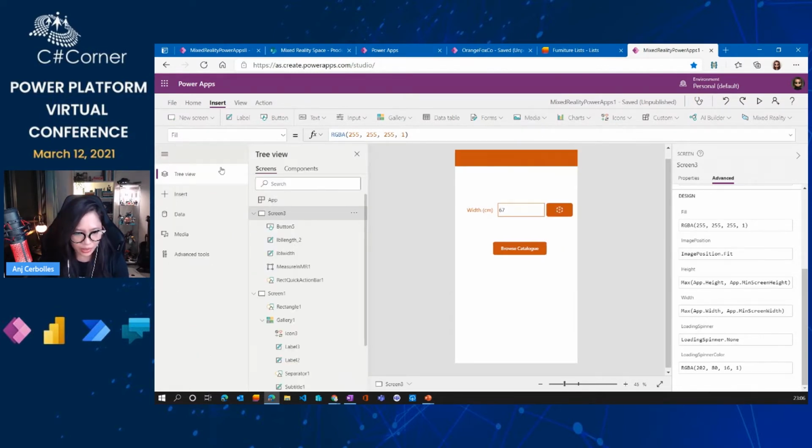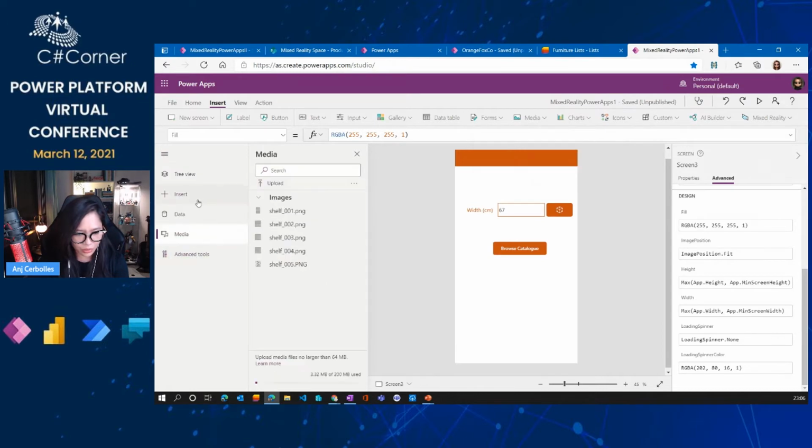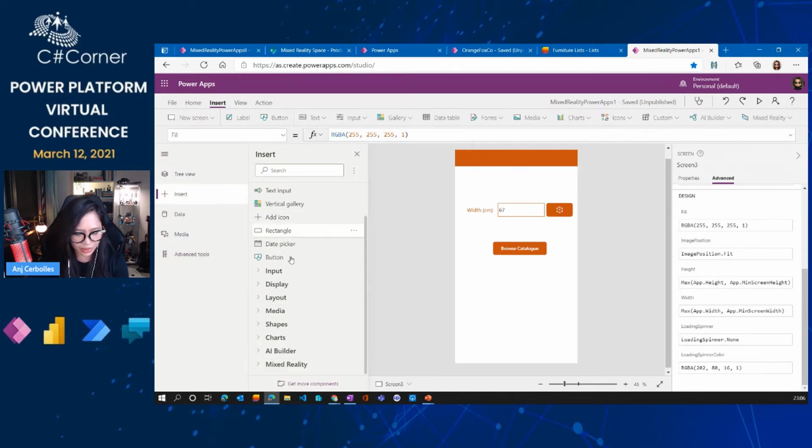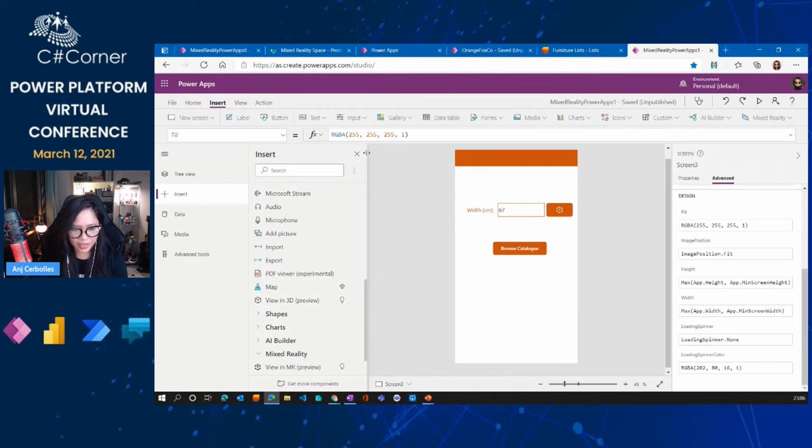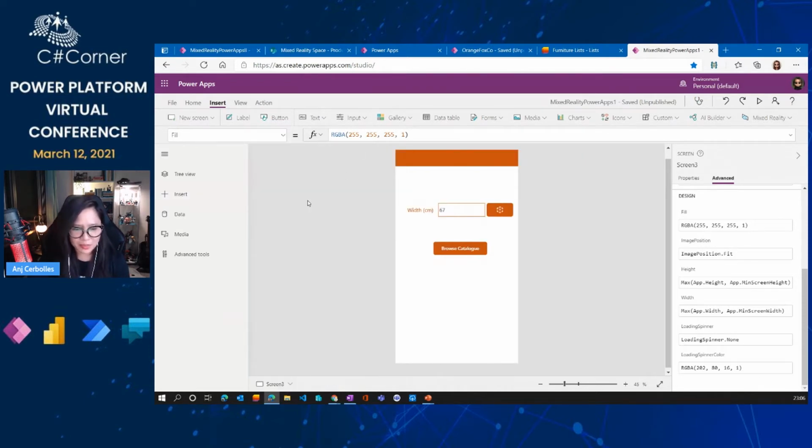Also, you could view it here in the left navigation. So you could see it here as well. Insert. You will see the mixed reality here, view in MR, view shape, measure, as well as the view in 3D. Now, to do that simple app,